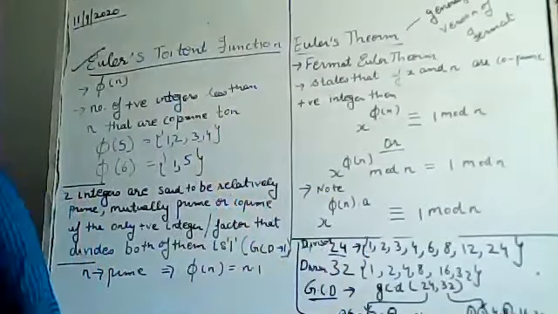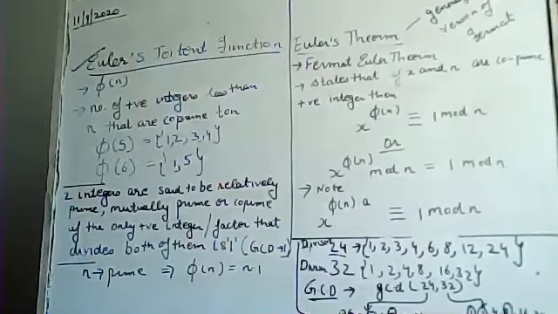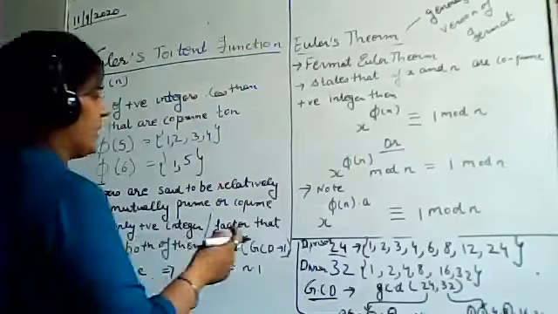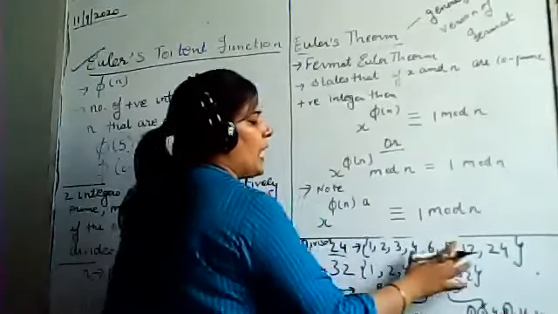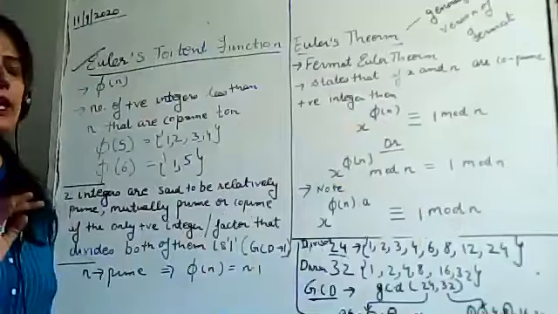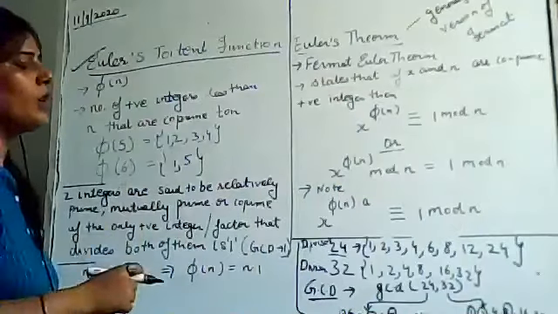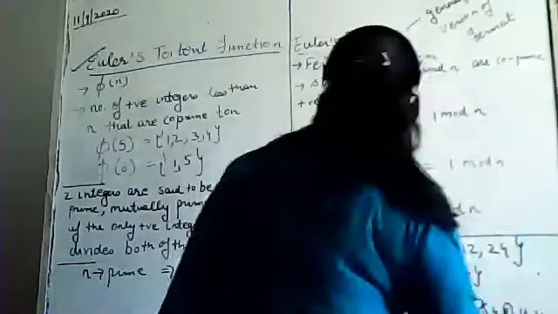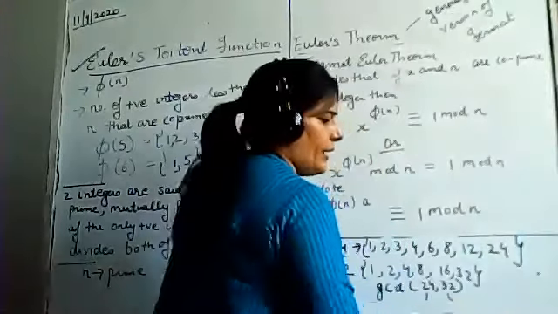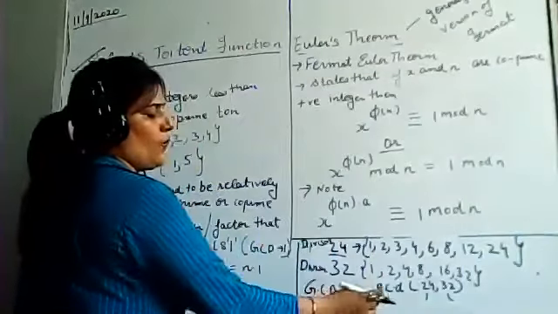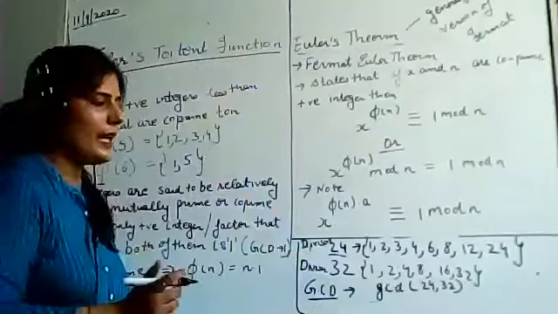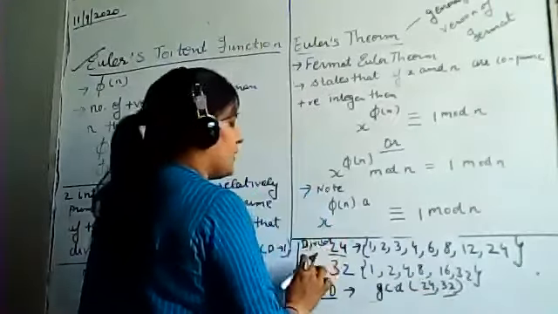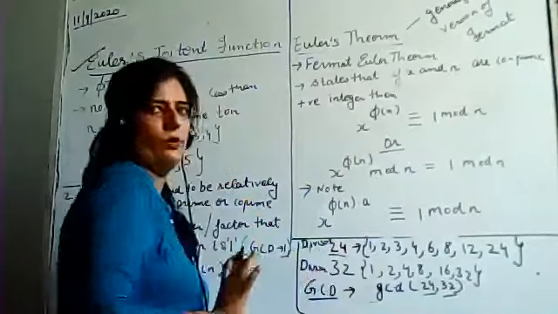I hope you have done this much mathematics previously also. Just to brush up those concepts, for the numbers 24 and 32 we have a proper divisor set over here. Then I will go for the common divisors. Now let's suppose I need to find the greatest common divisor for these two numbers, 24 and 32. So first of all, I will calculate the divisors of 24 and 32.